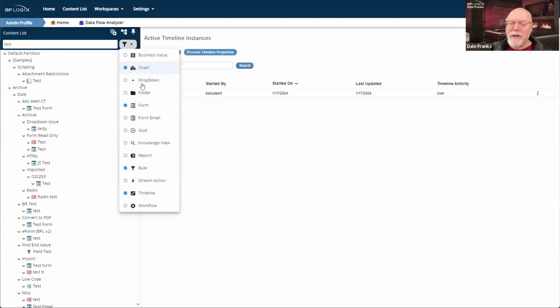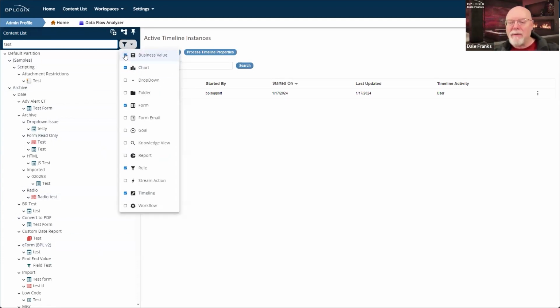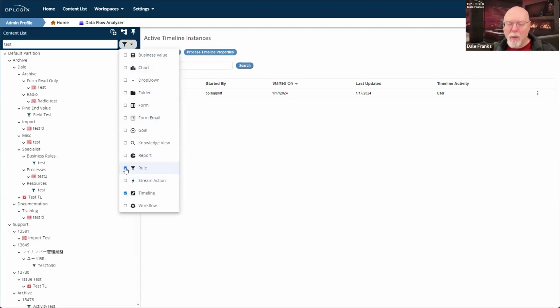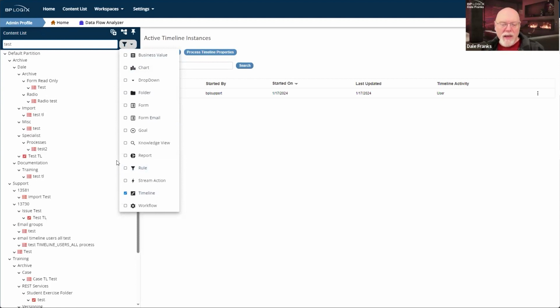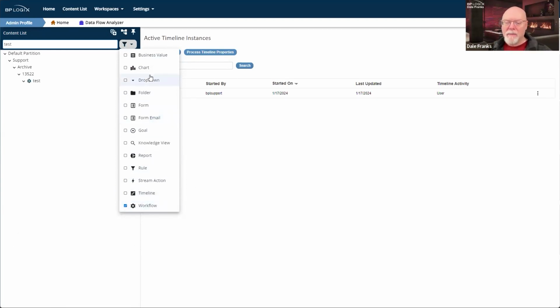That is also a chart, a form, a rule, a timeline, or what the heck, let's add a test business value because I'm pretty sure I've got one of those there. Why, yes, I do. So I can both search for the name of an item using the search bar, and then further narrow down the items that I want simply by the object that I select inside the filter box.